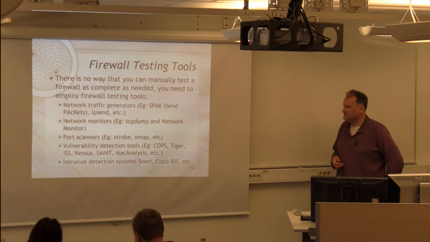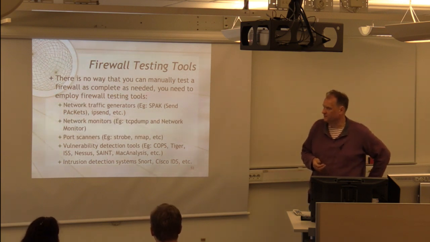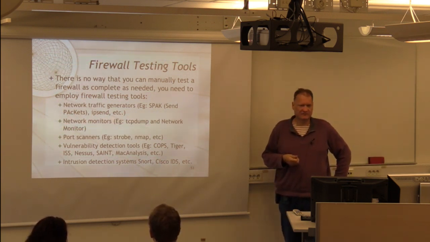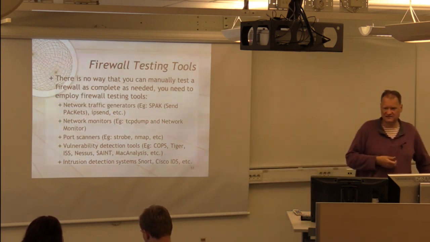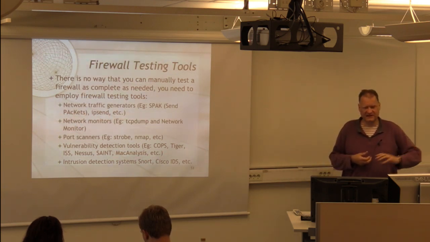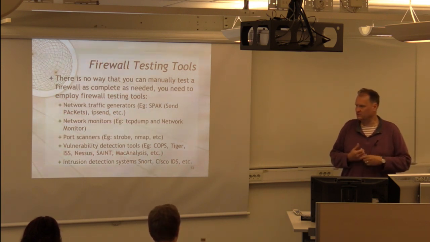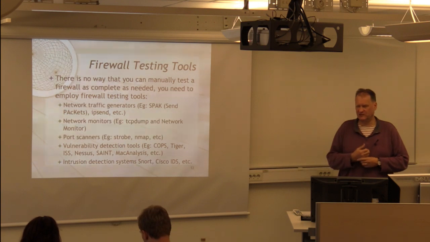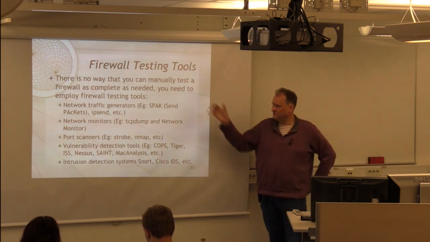To do this, we need tools. We couldn't do it manually, but there are many different types of tools we can use. Network traffic generators. We need to be able to generate the type of traffic we would like to test. If someone from outside attacks, we would make sure that that type of attack doesn't work, or that type of traffic we will not allow. We have to make sure that we actually can generate that traffic from outside and make sure that the firewall will actually block it. So there are different types of